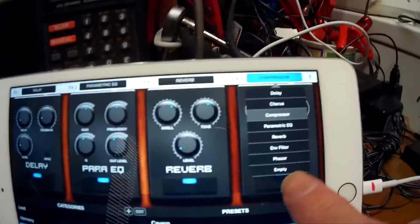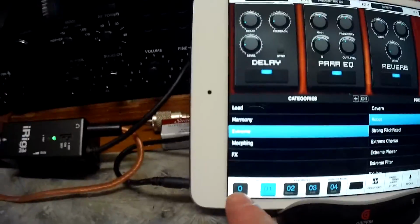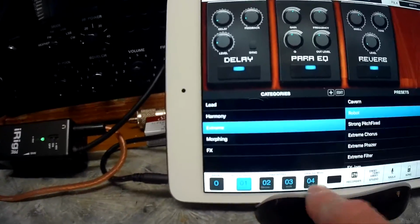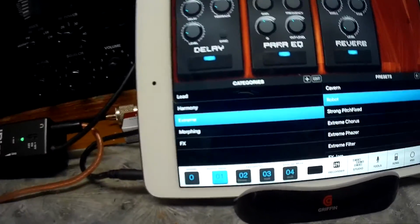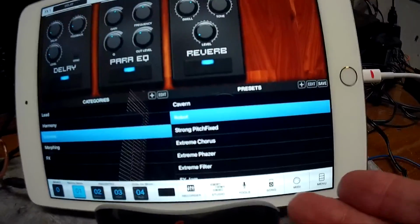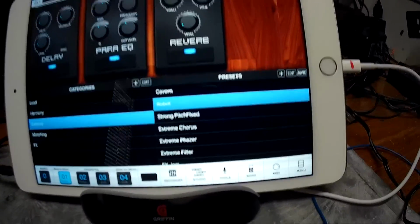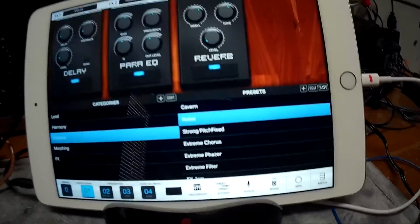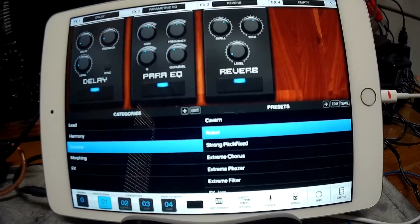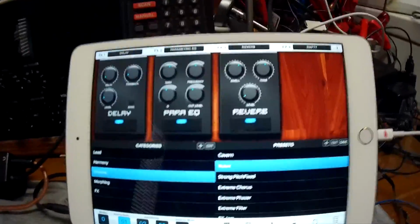You can take them out, put them back in the different racks. You have presets down here, which is the banks are right here. There's actually 10 banks. You have 4 presets, which has to be 40. That's way more than you ever use. You have ways of importing audio sounds or music or whatever in on this, and it's kind of crazy. I've not really learned everything so far, but I'm gonna give you just a short demonstration on what it sounds like through my talkback speaker on this